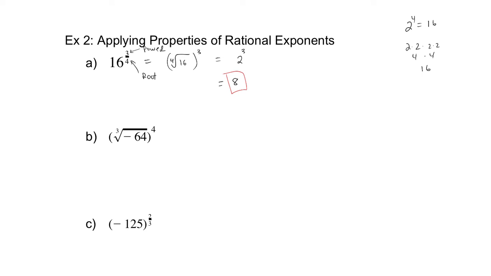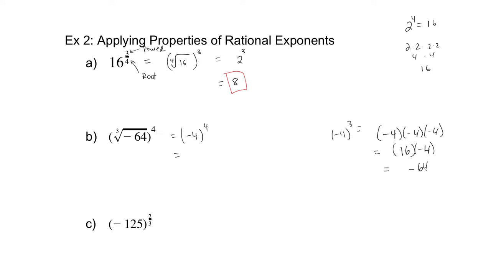All right, let's try this next one. The cube root of negative 64. I'm thinking it's probably negative 4. Let's see, negative 4 times negative 4 times negative 4. Negative times negative is positive, so that would be positive 16 times negative 4, which would be negative 64. Because negative 4 cubed is equal to negative 64, the cube root of negative 64 is negative 4. And then we take that to the 4th power,